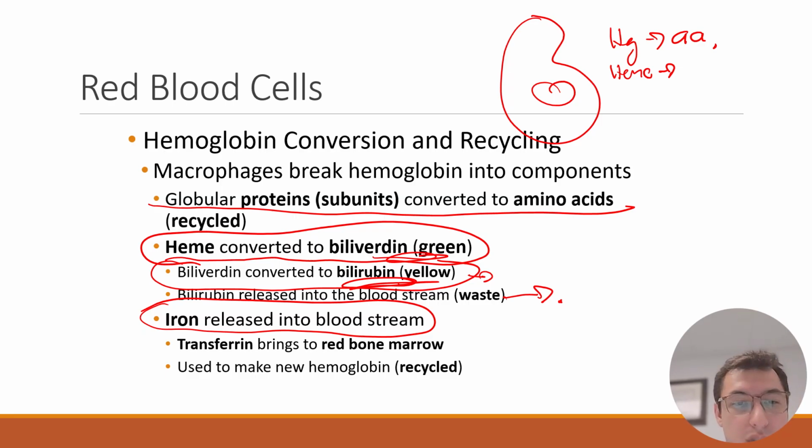Okay, which brings it to the bone marrow. Transferrin also picks it up from the stomach. So when you eat a meal and there is an iron-rich meal, gastroferrin will bring it into the bloodstream, and in the bloodstream, transferrin brings it to the bone marrow, and it is reused to make new